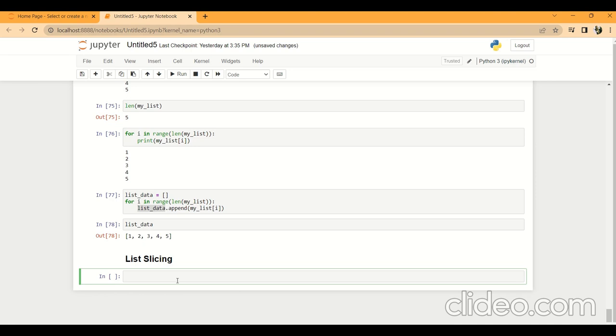We have discussed lists and how to do loops with lists. Today we are going to discuss list slicing. In Python, slicing is a technique that allows you to access a portion of a list or any other sequence type object. The syntax of slicing is: list